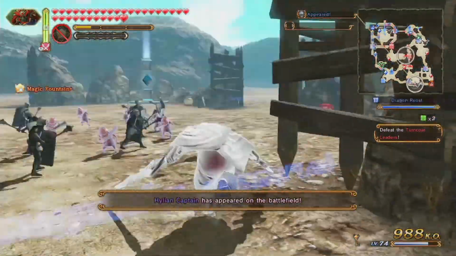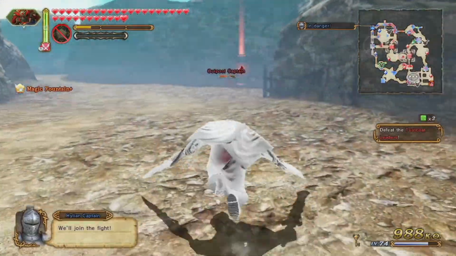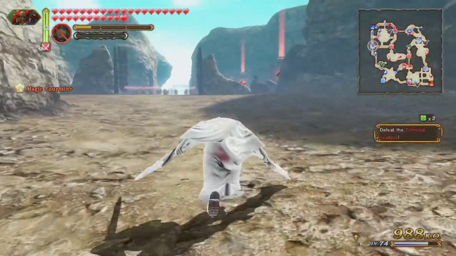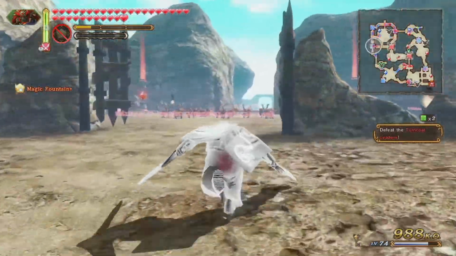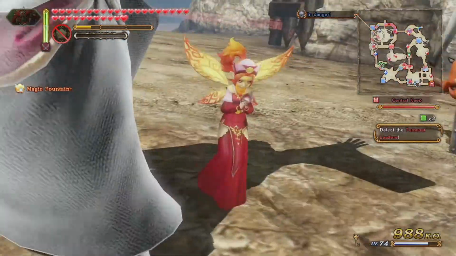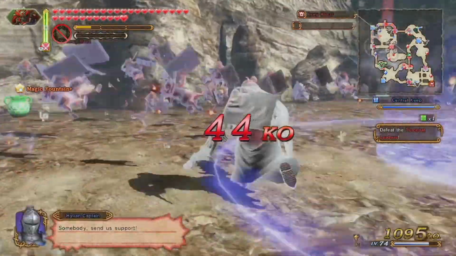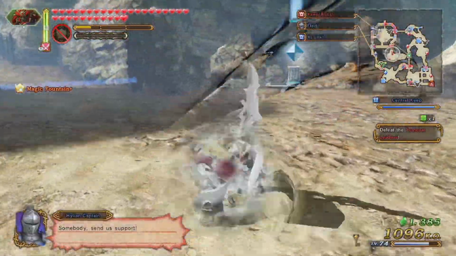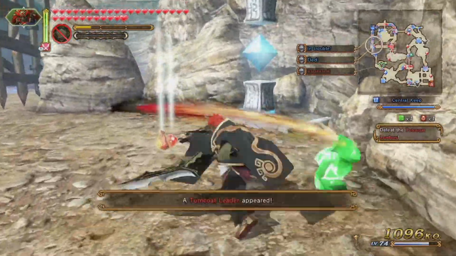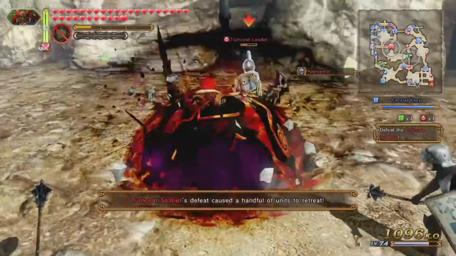Little known fact, any area that has a turncoat soldier appear from it by default will always have a turncoat leader in it, because they have to be receiving orders from someone, right? That means technically their leader is supposed to be in there. This means by default this one will have a leader once we take it. Of course, we have to wait for messages like that to clear out, because otherwise we can't get that. But now that that's appeared,